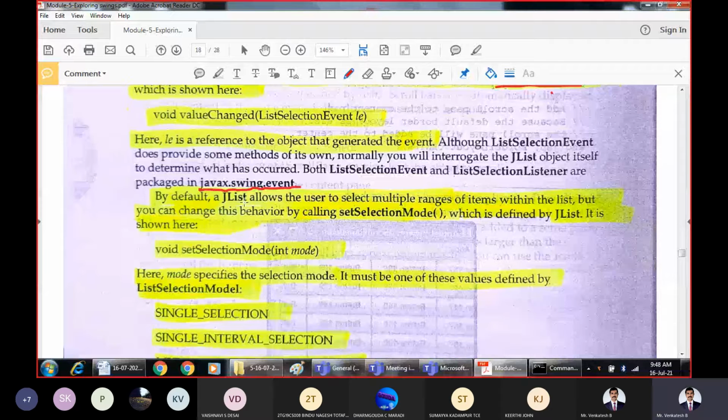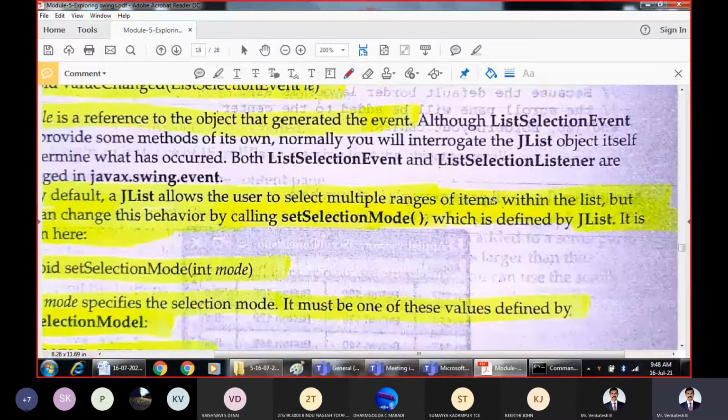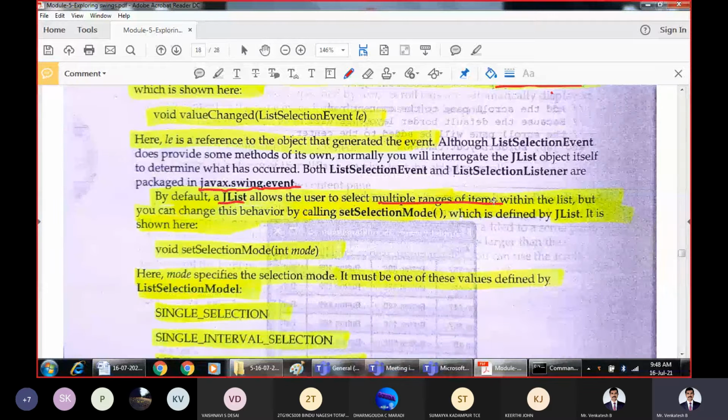And as I said, by default, JList is going to allow the user to select multiple items from the list. By default, you are capable of selecting more than one item.